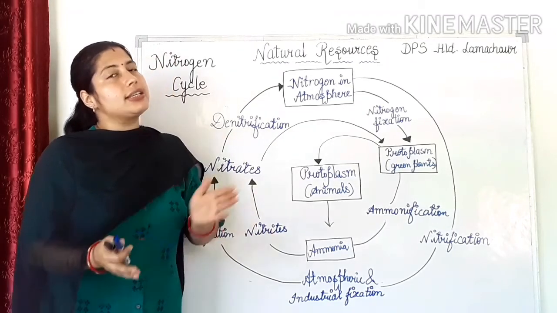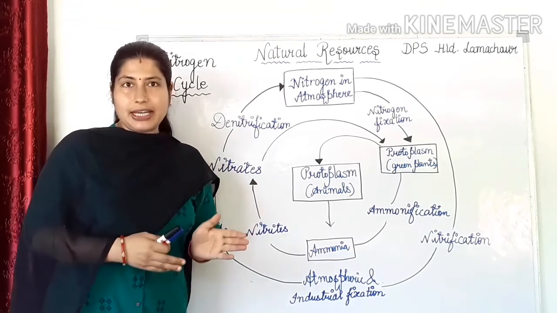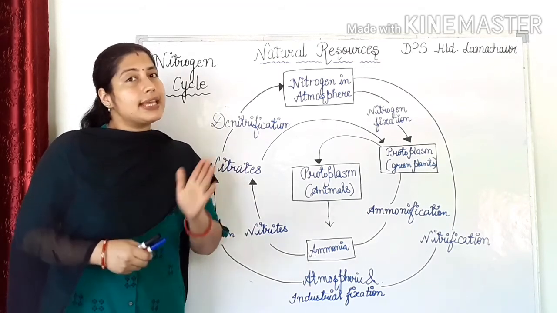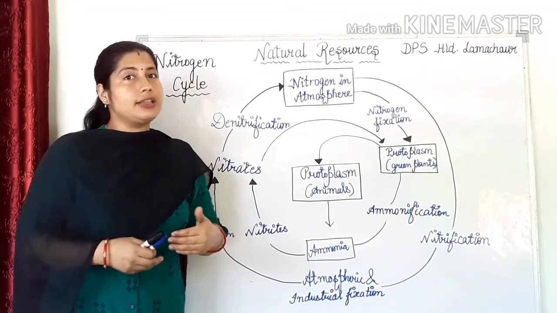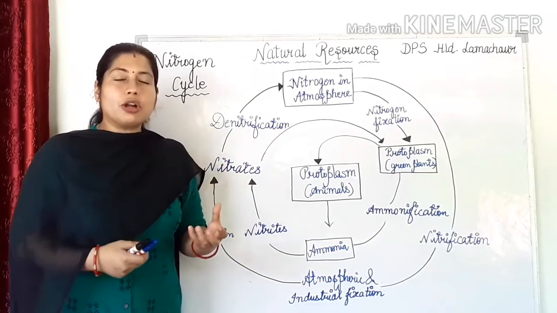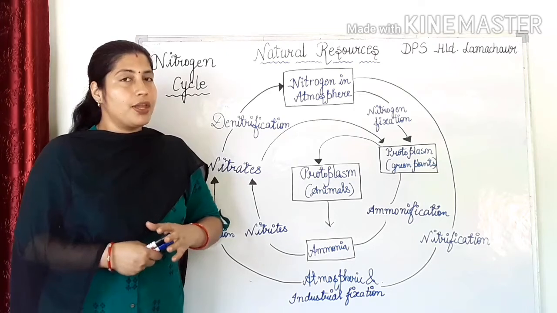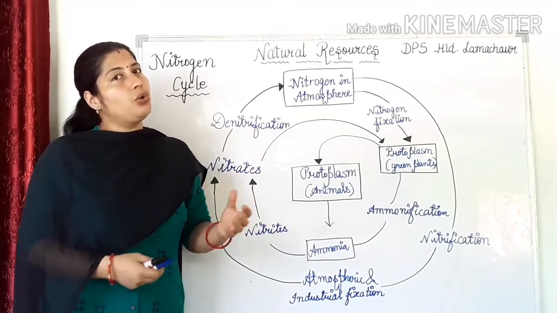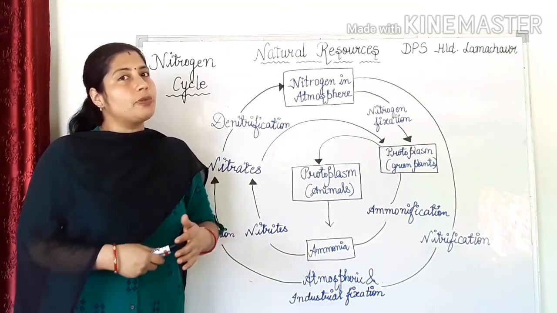Biological nitrogen fixation is done by bacteria. There are two types of bacteria. One is free living bacteria, which are found freely in the soil, which is azotobacter. And the second type is rhizobium, which lives in the root nodules of legumes. Legumes like चना, राजमा और जो डाइकॉट प्लांट्स है, इनकी रूट नोड्यूल्स में एक बैक्टीरिया रहता है, which is called rhizobium. So rhizobium or azotobacter bacteria convert atmospheric nitrogen into nitrates, NO3. और फिर ये nitrate जो है, these nitrates are absorbed by plants.